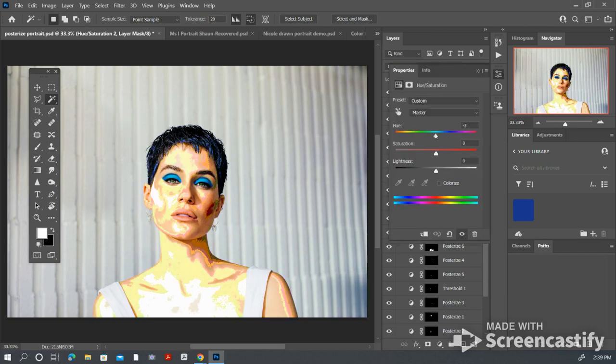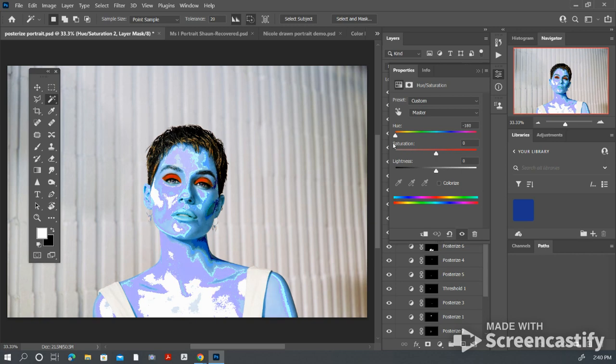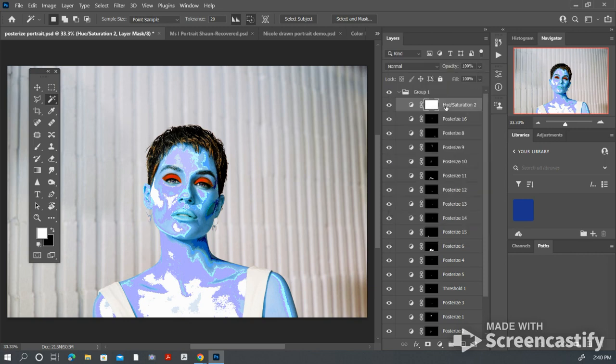And then as I slide across, all of that yellow hue that was kind of natural to the photograph is now shifting around depending on what color scheme you want to go for on this. And I think I've got a lot of interesting contrast when I'm in the bluer areas. But again, that's hue saturation, and it's sitting as an adjustment layer on top